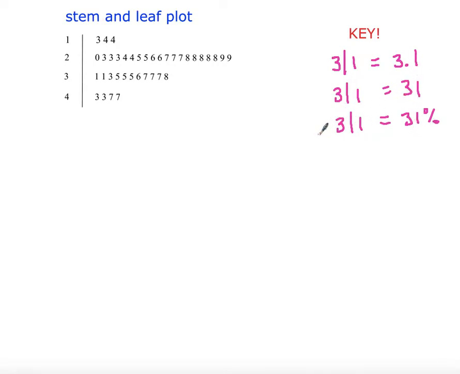And then you should also give some sort of a label. So maybe this represents miles per gallon or something like that. So I would do the label of miles per gallon. Okay, but anyway, if we're gonna make a split stem and leaf plot,